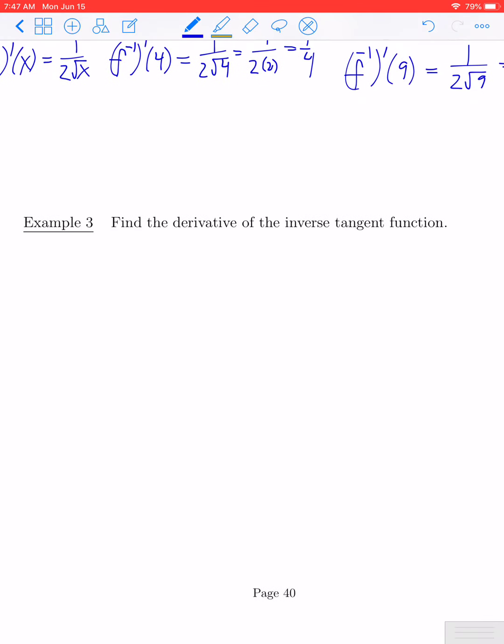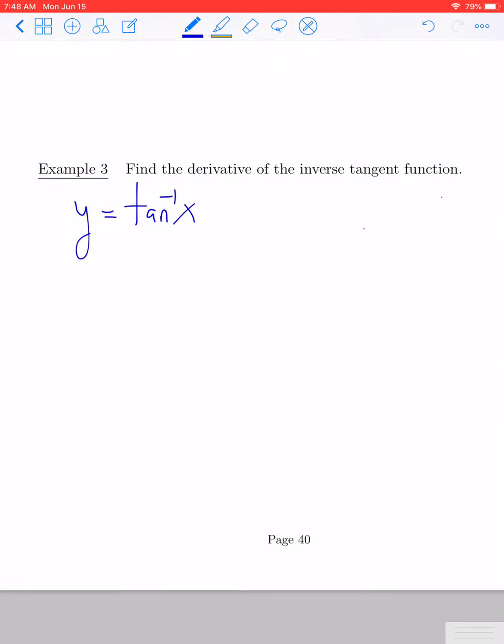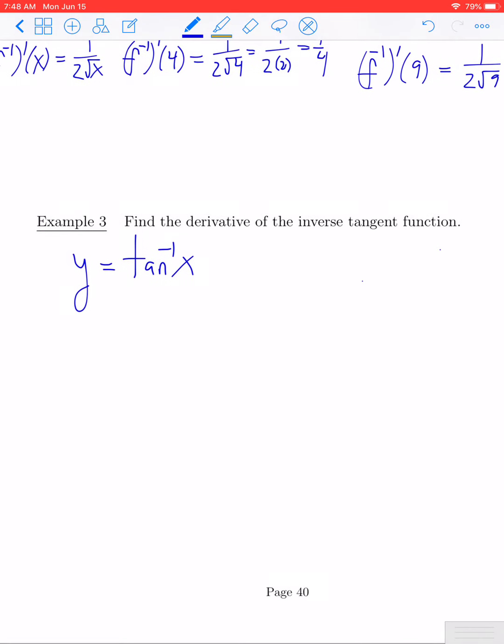In example 3, we're asked to find the inverse of the tangent function. Let's go ahead and do that. So let's start with the function y equals tangent inverse of x. One of the things that we know is that if we wanted the derivative of this inverse function, we could simply appeal to the formula, but let's work through this by using